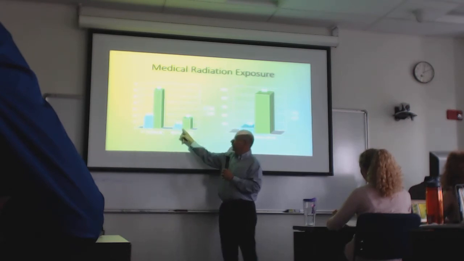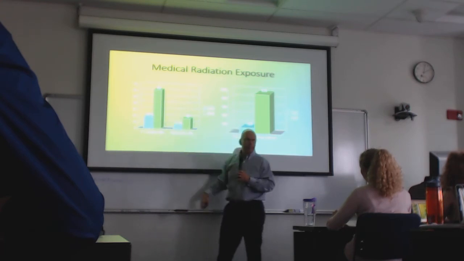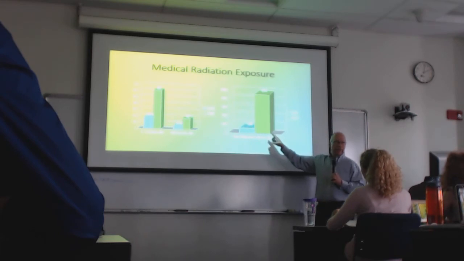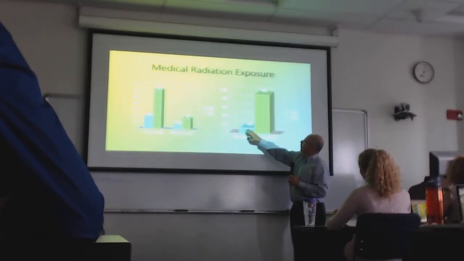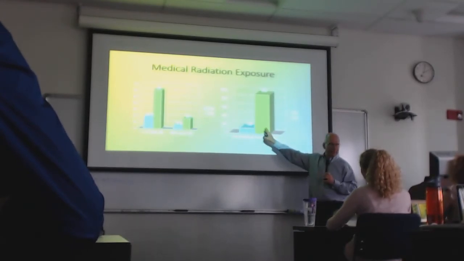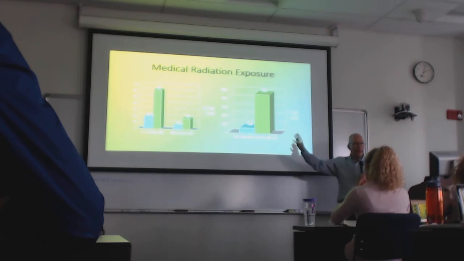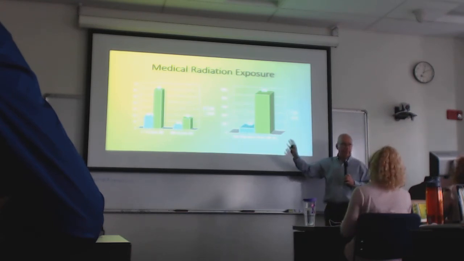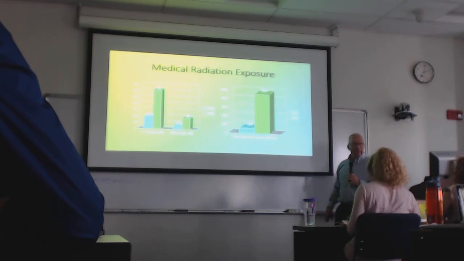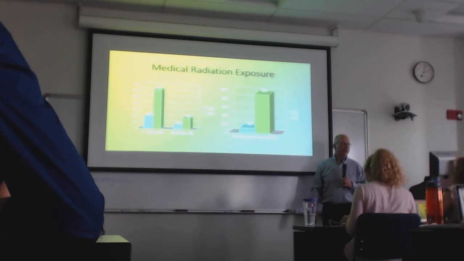The number of nuclear medicine studies done went up more than triple. The number of CT scans probably went up by 4 or 5 times. And here's the total population dose from medical imaging, from medical radiation. I don't even know what the units are, but it's obviously like 8 times. We are now radiating people at 8 times the rate for medical imaging than we did 30 years ago. And that's a lot. And that's probably not getting any less.